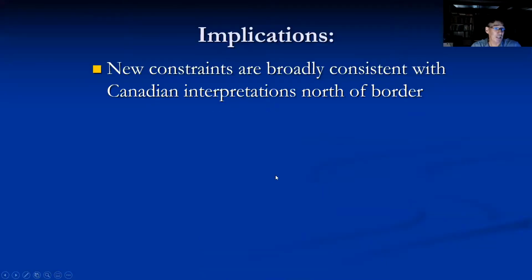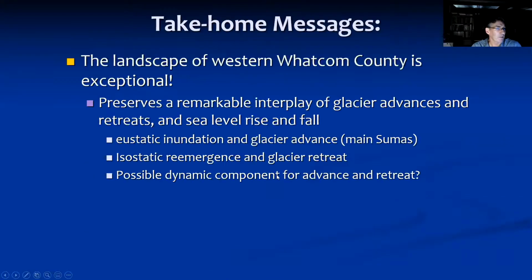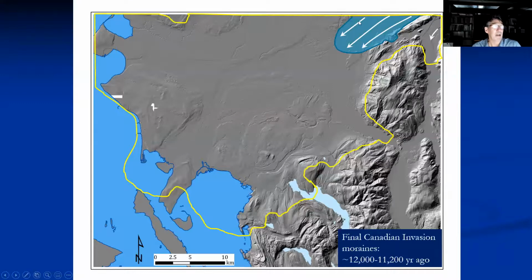No, that's a good question. I don't think so. If I go back here and get one of my slides, there's the ice. I assume the outburst flood that the questioner is asking about is the one that made this. This might be too small for some of you to see, but there's a series of dramatic channels right outside of the very final Sumas moraine. There's a whole series of dramatic channels that appear to be related to an outburst flood that came out of the ice sheet right before it just melted away and disappeared.